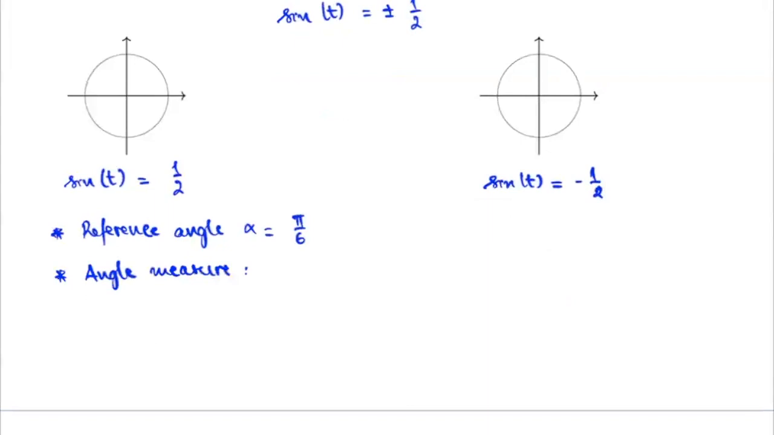Okay. And for the angle measure, we do the calculation in the first quadrant, second quadrant, third quadrant, and fourth quadrant, and we can apply it to both of these equations. Okay, so you will see in a minute that two of the solutions will belong to the equation sine of t equal to 1/2, and two solutions will belong to the equation sine of t equal to negative 1/2. So for the angle measure, you have the first quadrant